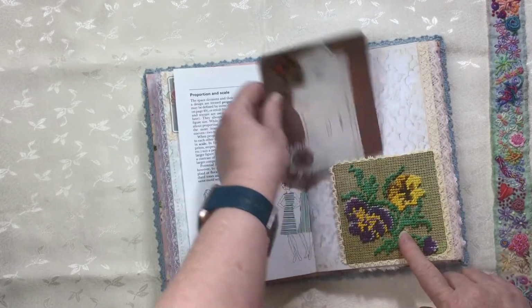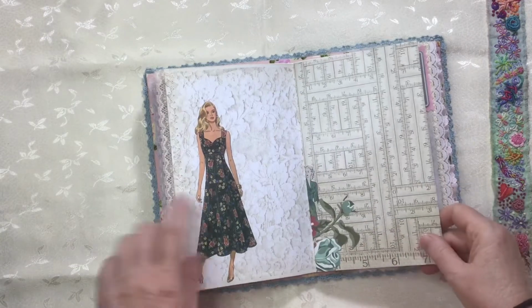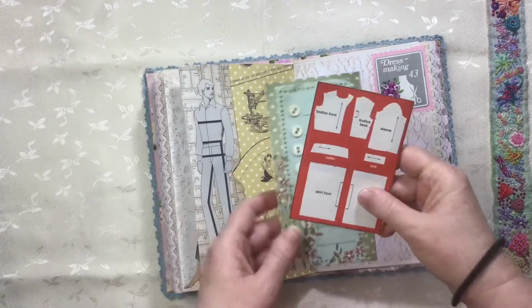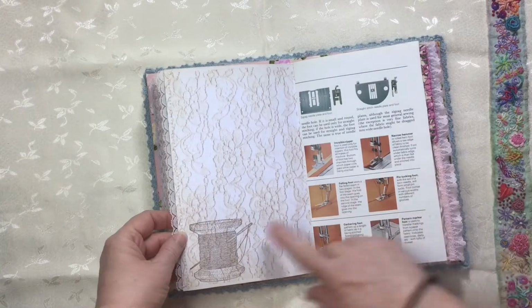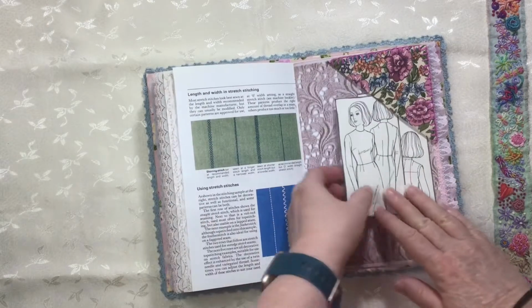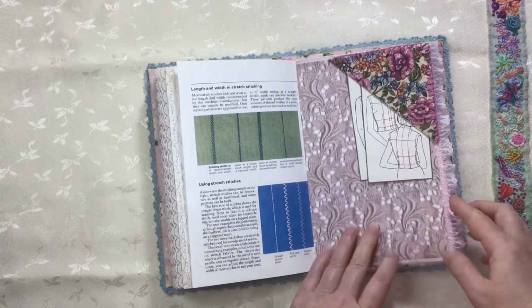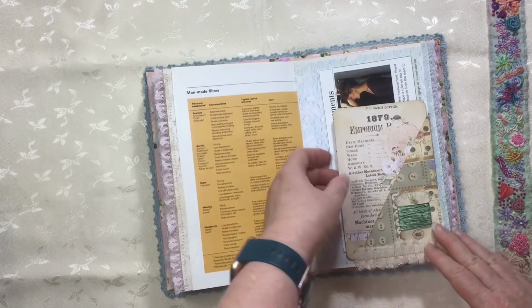Another old page. I've used a few of the illustrations out of my old pattern catalogue books that I have. Just another little bit of ephemera. This is a darkroom door stamp. This is covered in material, and then I just did a blanket stitch. A couple of cards there, and some more stamping. Another old page,